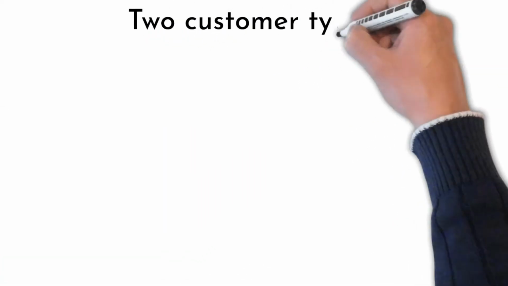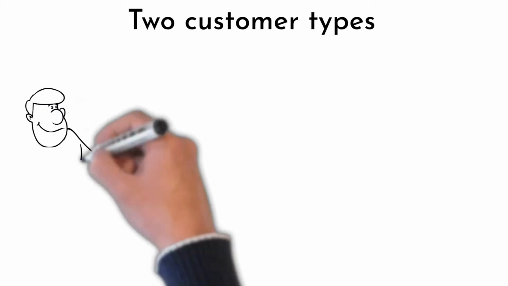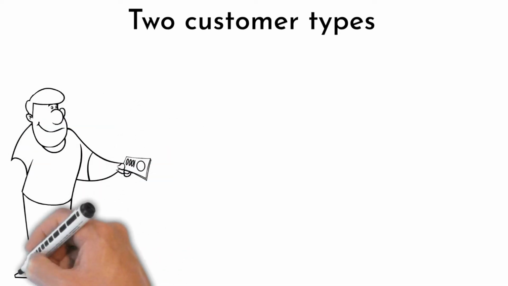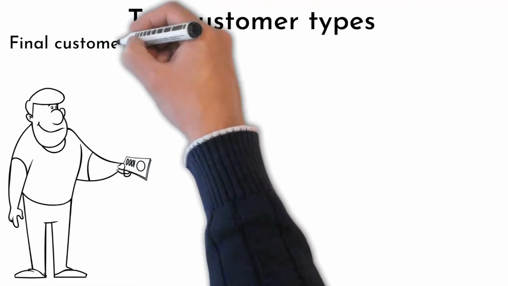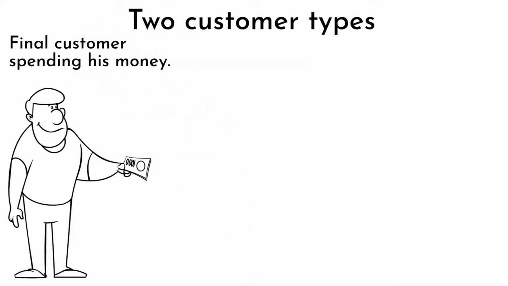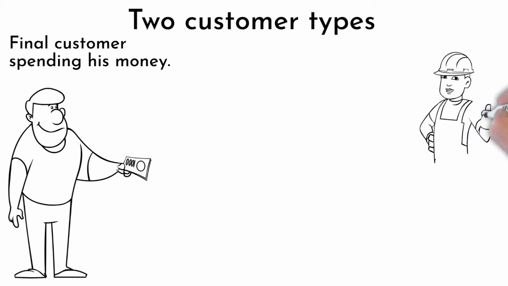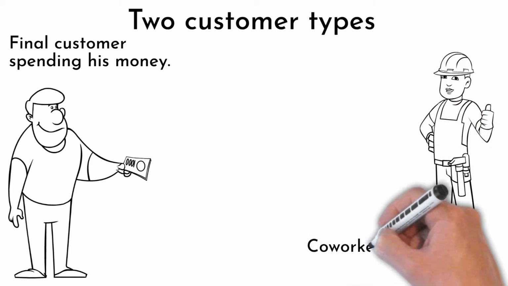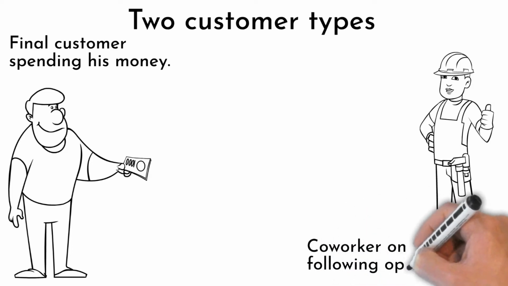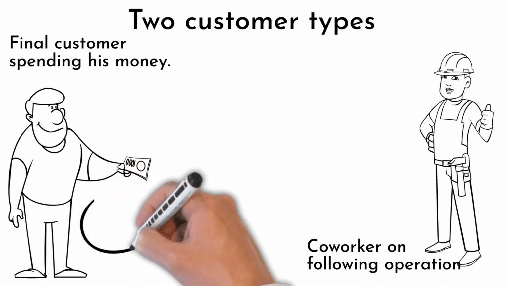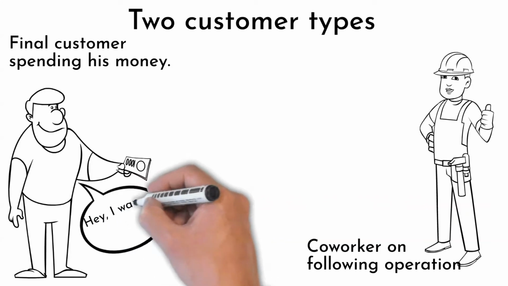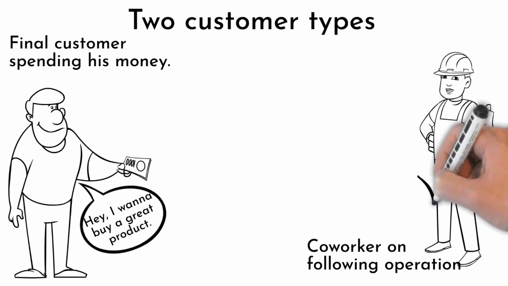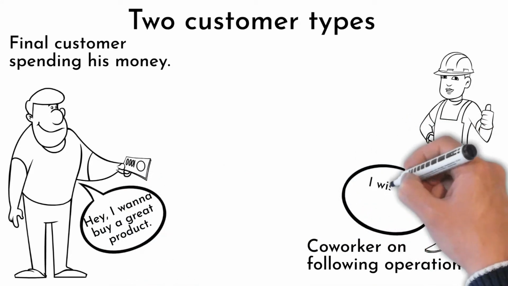Notice, there are two customer categories. One who comes to the store and spends his money. He is called the final customer, and of course the most important one. The other can be your colleague on the following process. In the restaurant it can be a waiter for a cook. In production it can be a warehouseman for a machinist. In the office it can be a production scheduler to a supply chain coordinator. And so on. Both customer categories must be treated the same way, because we are influencing their lives by our